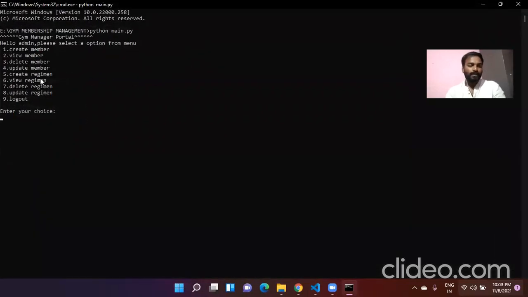Here is the starting page of the user profiles. Here the user can choose from these 9 options, like create member, view member, delete member, update member. So let's see how it actually works.